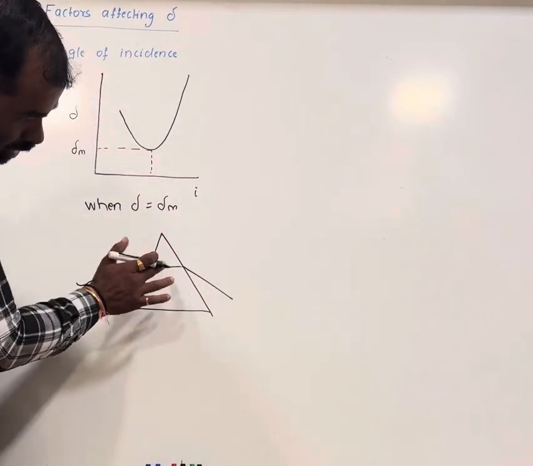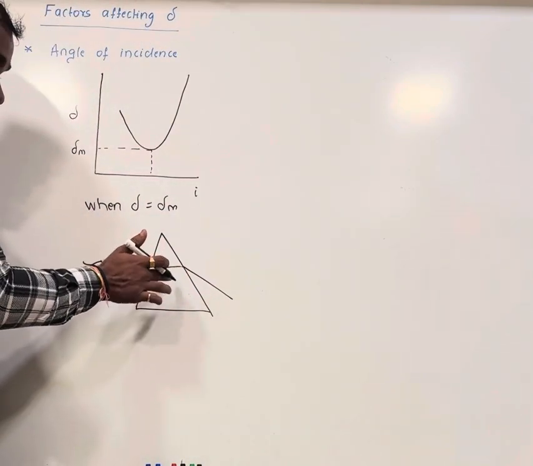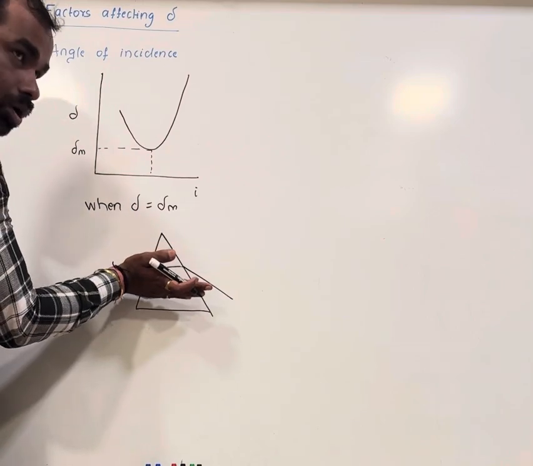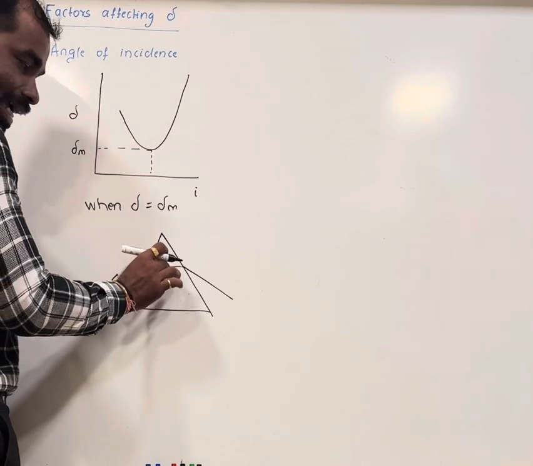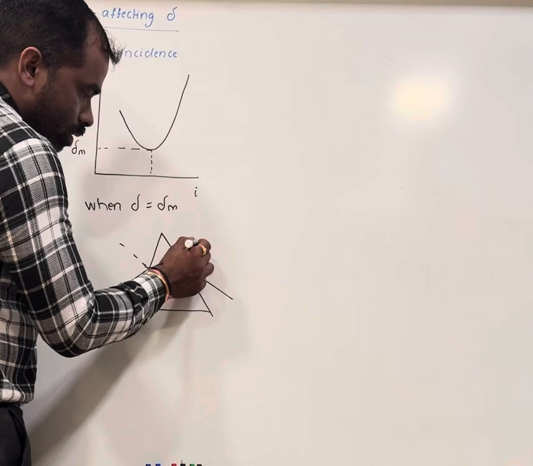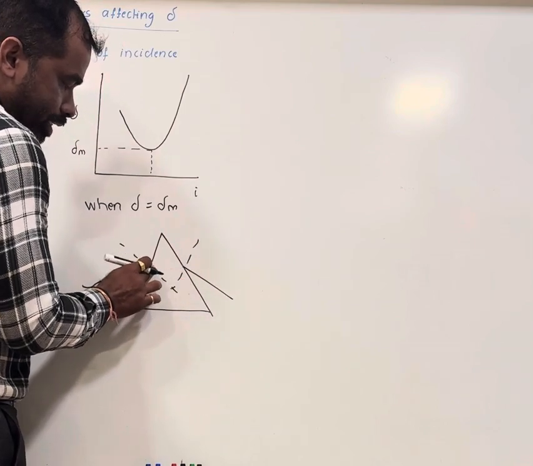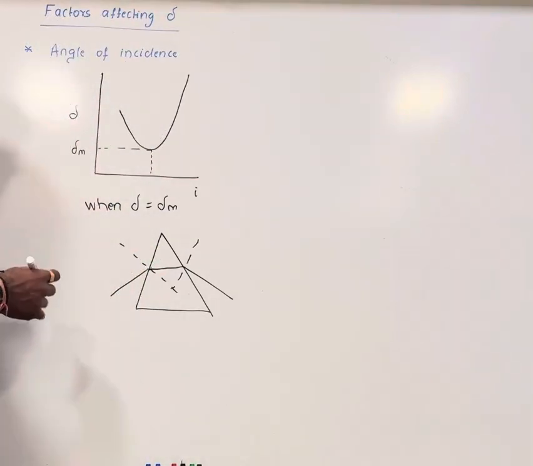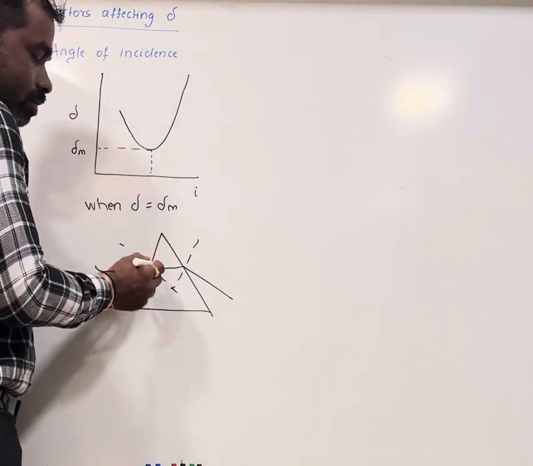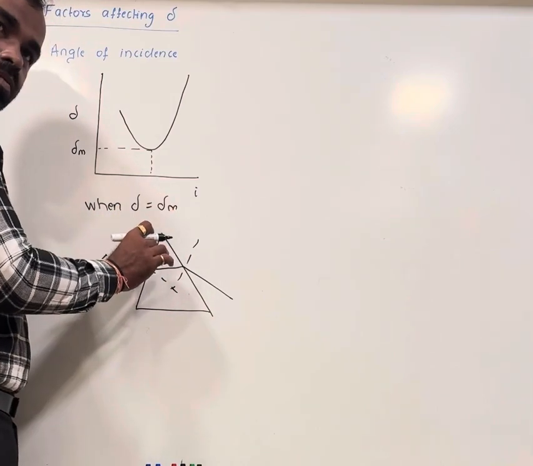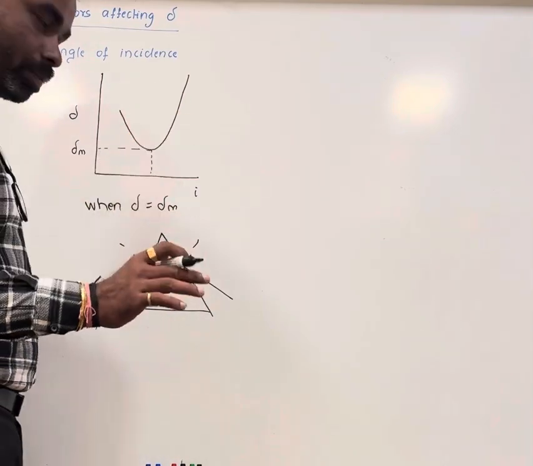Here you will notice that refracted ray in prism is exactly parallel to the base. Otherwise, refracted ray can be down or up. But here it is exactly parallel to base. When angle of deviation is minimum, that time refracted ray in prism is exactly parallel to the base,